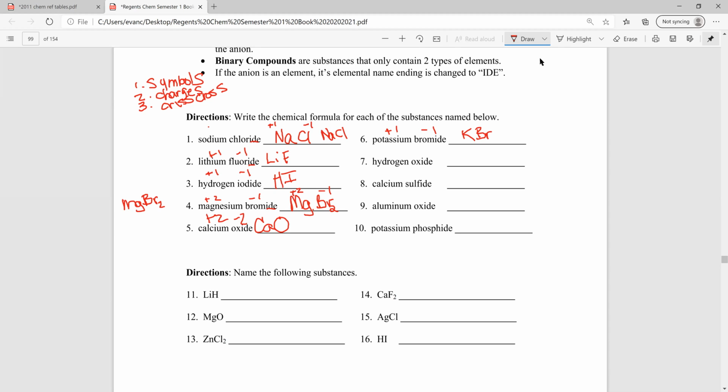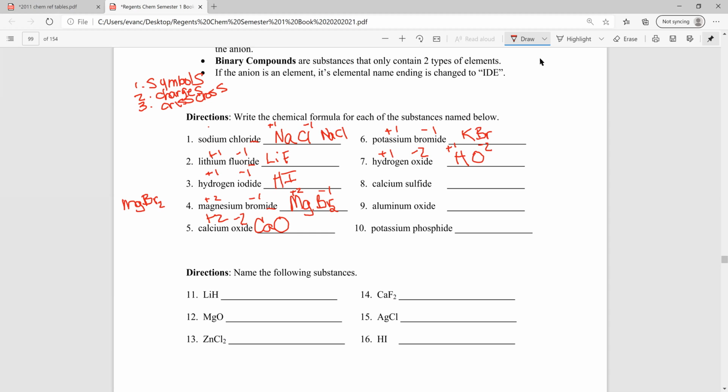So hydrogen and oxide, remember hydrogen's listed first. That means it's going to be the +1 charge for hydrogen. And then from your periodic table, oxygen will be -2. So symbols, H, and then O for the oxide. And now I need a +1 for the hydrogen and a